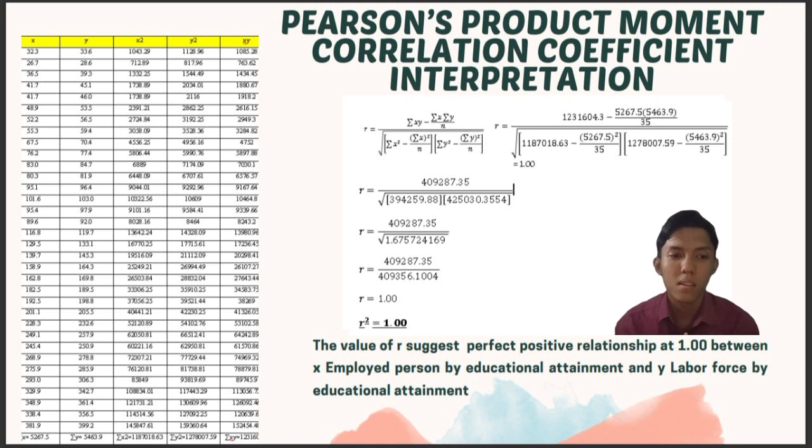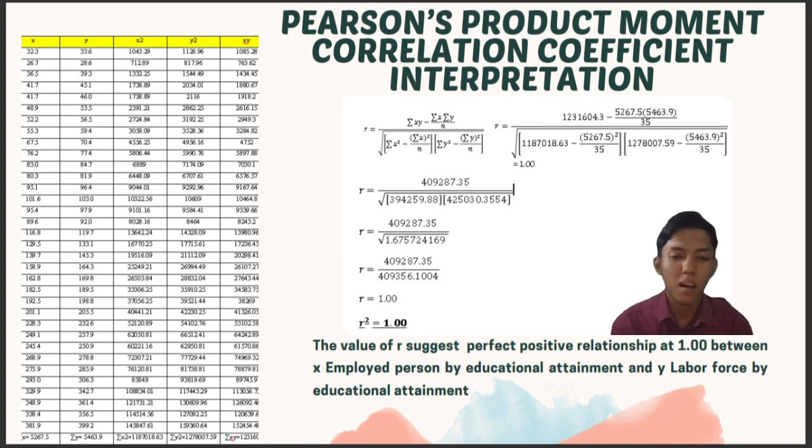5,267.5 times 5,463.9 divided by 35, and we get 4,092.87. Below, the square root of 180,070.93 minus 5,267.5 square per 35, and for Y square it is 127,807.59 minus 5,463.9 square divided by 35, and we will get 3,064,259.88, and for Y it is 4,400,025,030.3554,